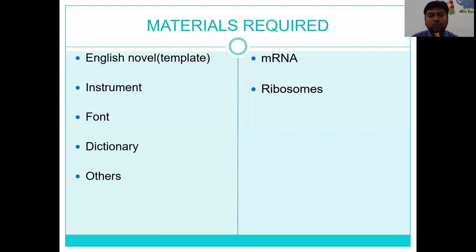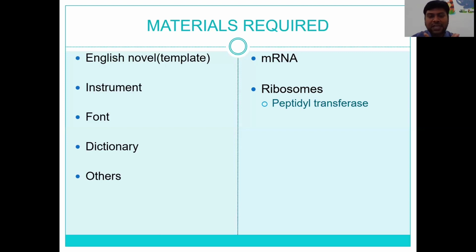Each of these ribosomal subunits in turn is made up of a lot of proteins and rRNAs, which play a major role in protein synthesis. Among those rRNAs, the most important one is 28S rRNA in eukaryotes and 23S rRNA in prokaryotes, which acts as a peptidyl transferase enzyme and helps in peptide bond formation.